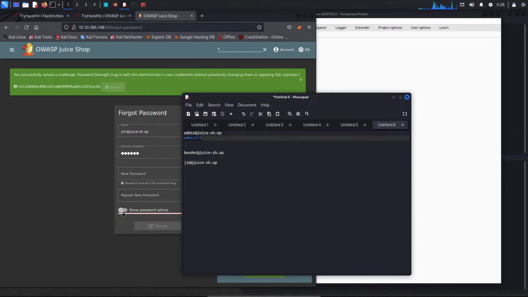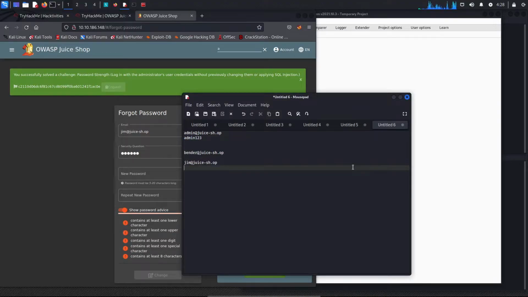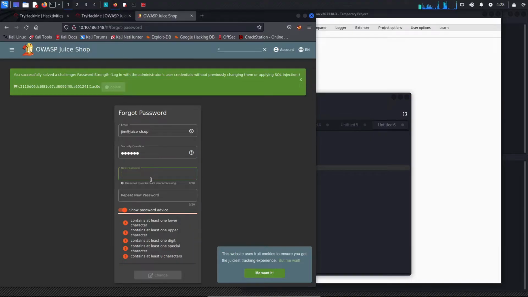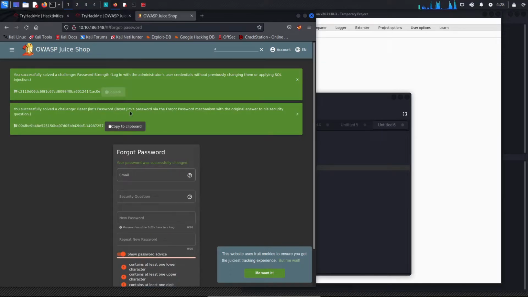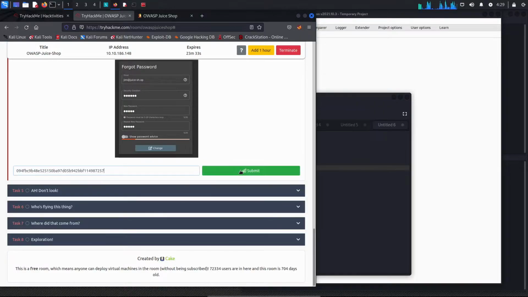So we just have to meet all these requirements. So just say hack123 and a special character. Right, and okay. Let's change the password, and done. Are we able to get the flag? I'm going to copy and paste into the solution field, and going to submit, and that's great.